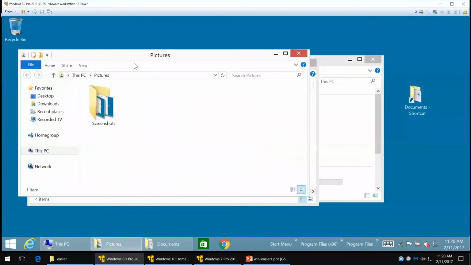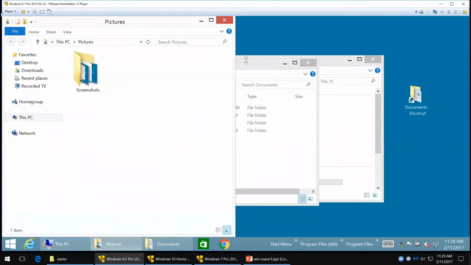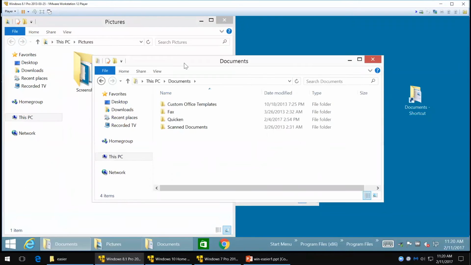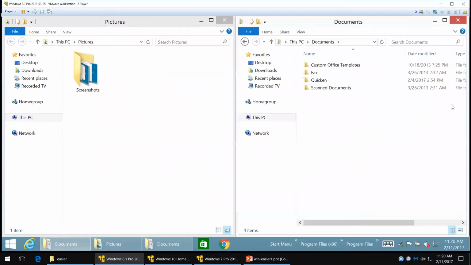Now, if I bump it to the left, if I can grab it here and bump it to the left, it'll fill up half the screen. If I take the other one and I bump it to, that's the wrong one, isn't it? All right, let's go to that one. If I take the other one and I bump it to the right, it'll fill up that part of the screen. So it's nicely half and half, right? If you drag from one to the other,